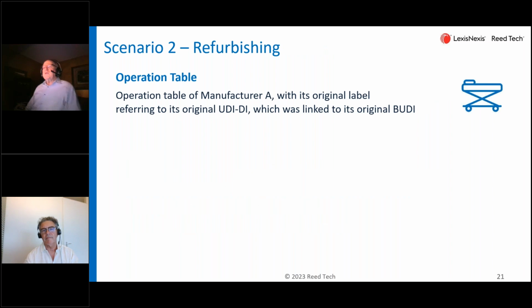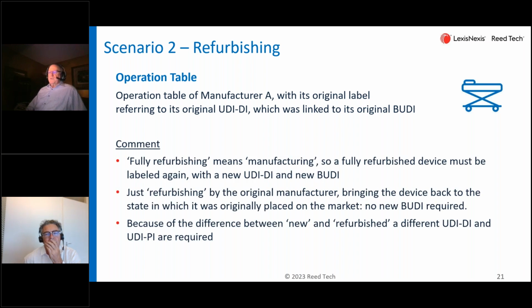All right, let's move on to the next one. This one is on an operation table. So let's say a manufacturer places this table on the market. It has its original label. It has a UDI-DI, linked to a basic UDI in the UDI database. What happens when this particular table is refurbished by another manufacturer, or perhaps the original manufacturer goes back and does some refurbishing? Well, if you fully refurbish, and that's used in the definition of a manufacturer, then it means